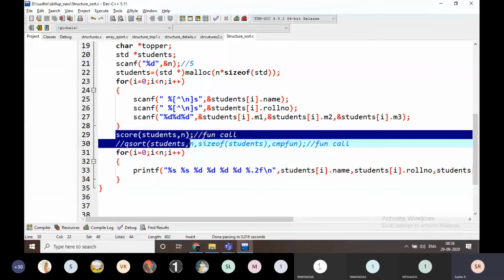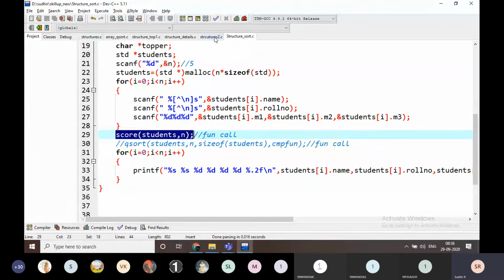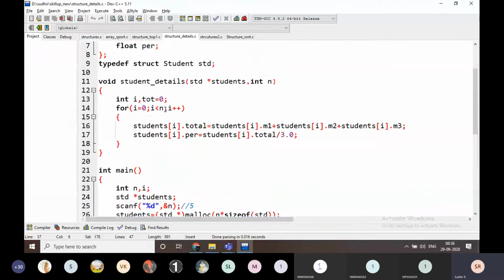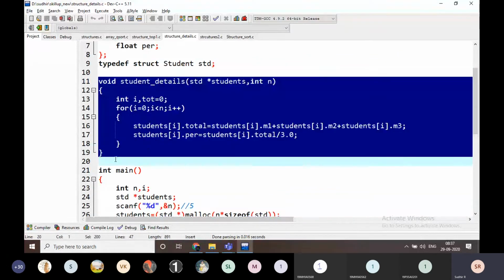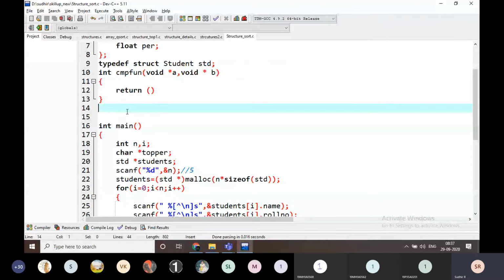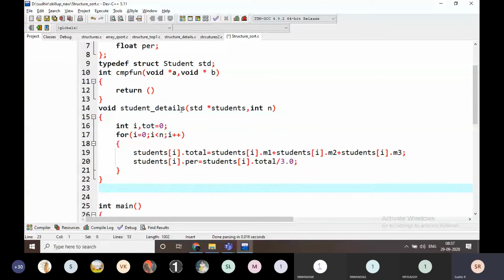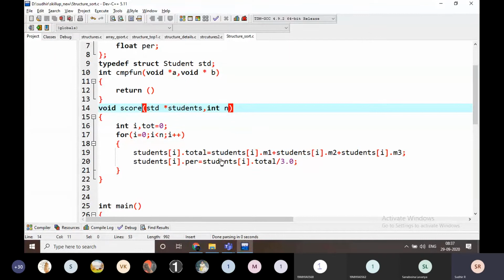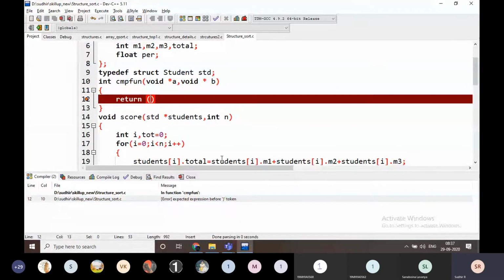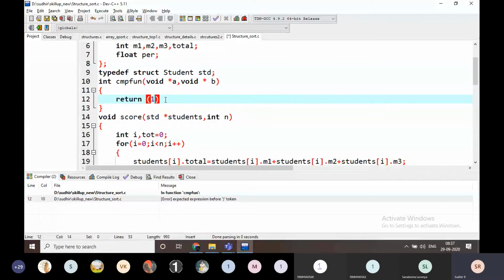But I am going to calculate the score now. I am not calculating any score up to now, and I am going to calculate the score. Score. What is score? I am going to calculate the score and I am going to display it. That's it, nothing else. For example, if I execute it, I am going to return 1, nothing else.